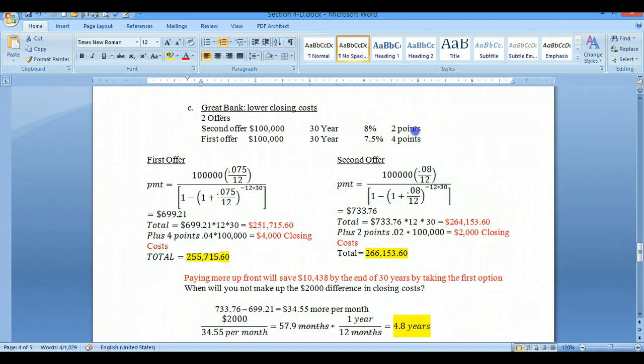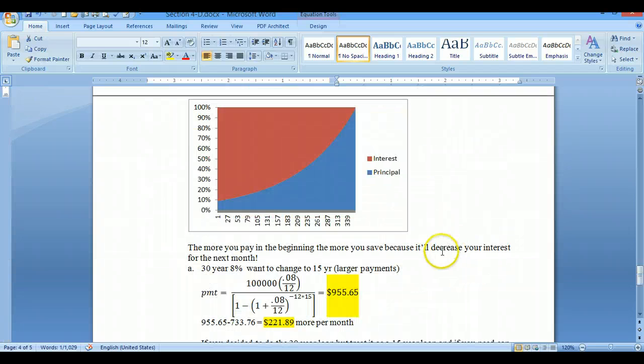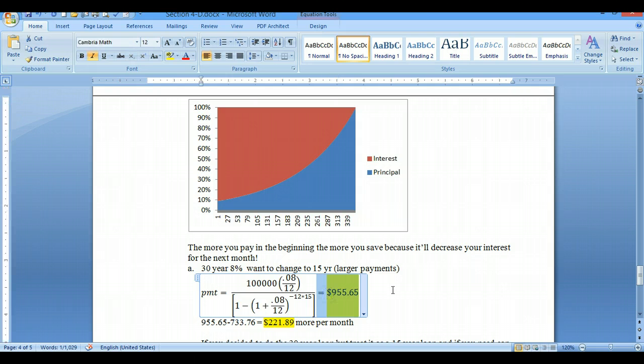We have 30 years at 8% right here. So this was my payment of $733.76. Changing it to a 15-year loan makes my payment $955.65. You can do that with your calculator, or again, copy and paste this into Excel, or use Excel